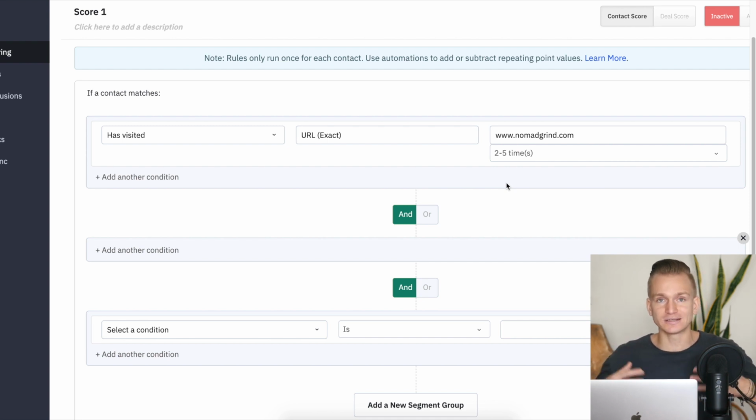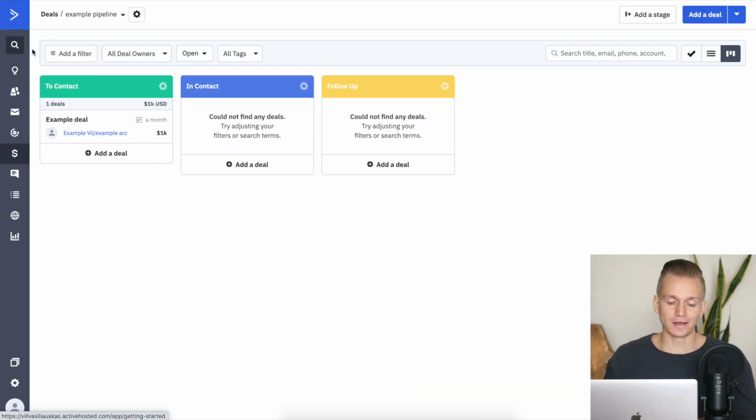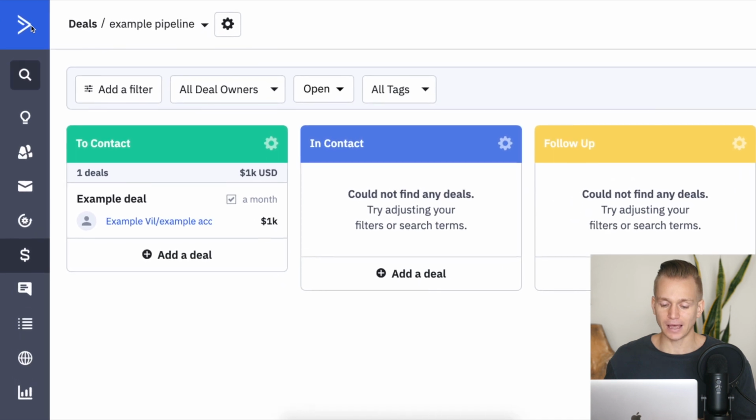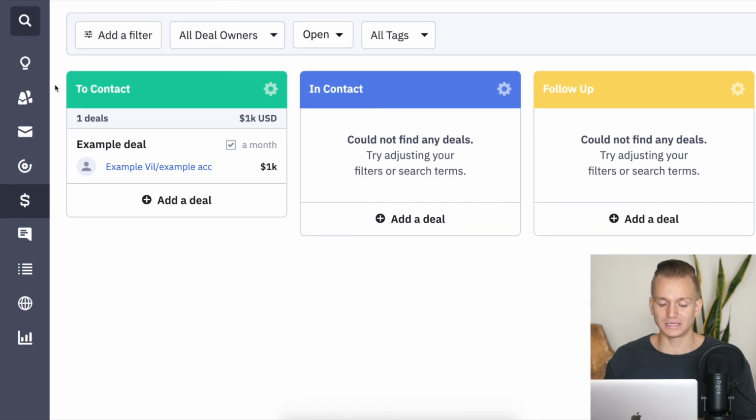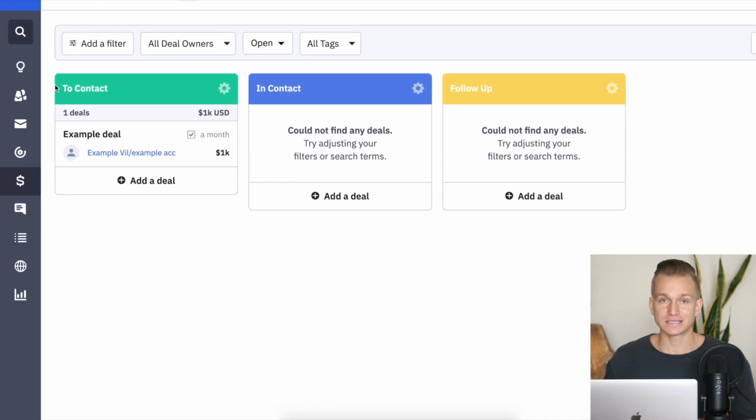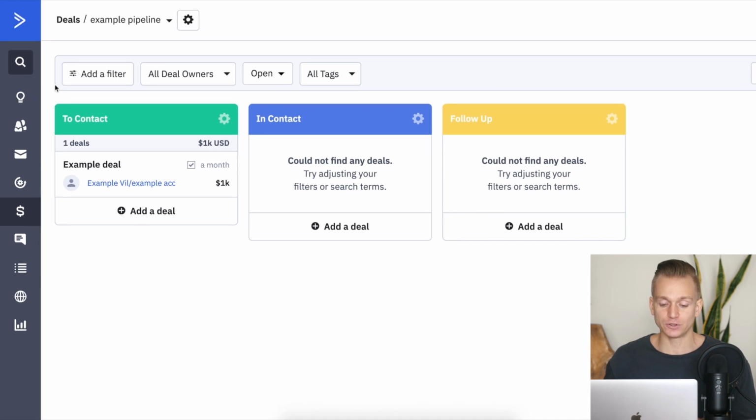So really, if you want to get a lot more advanced with your marketing, this is something that is very powerful. Just to mention another feature in ActiveCampaign, and this is not going to apply for everyone, but they actually have a built-in CRM. So if you're working with clients and this is applicable for you, they do have a section where basically you can add your contacts and you can add the different tasks that you need to do and your budgets and all of those kinds of things.